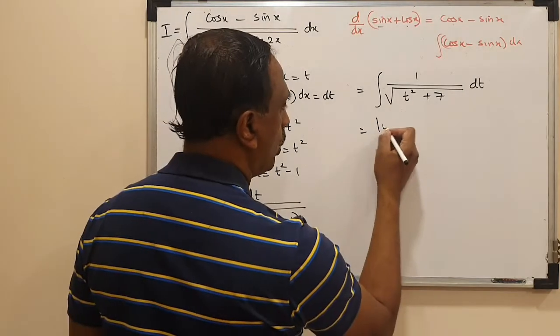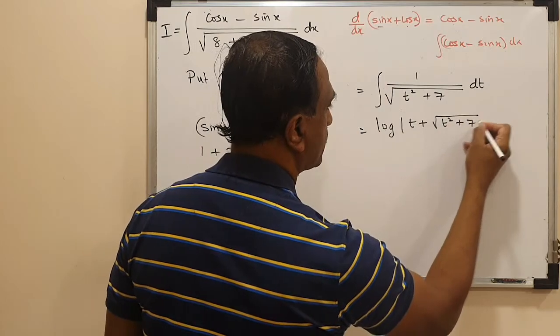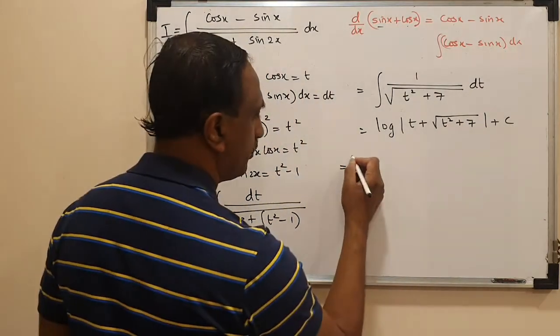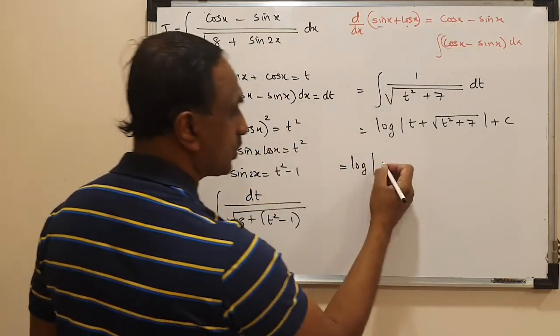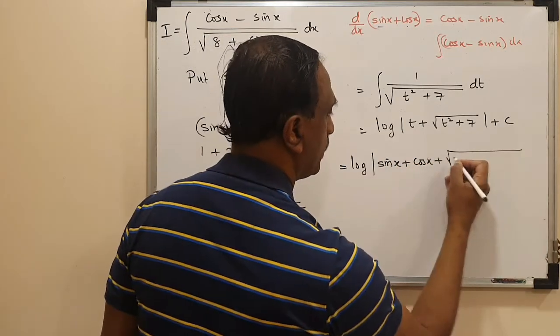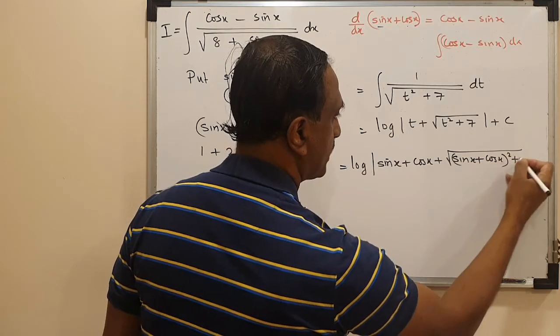That is log of t plus root of t square plus 7 plus c. Now replacing t back, log of what t stands for, sin x plus cos x, so sin x plus cos x plus root of (sin x plus cos x the whole square plus 7) plus